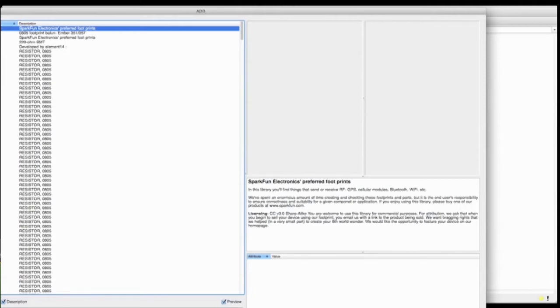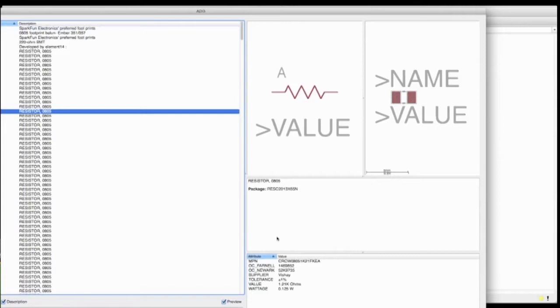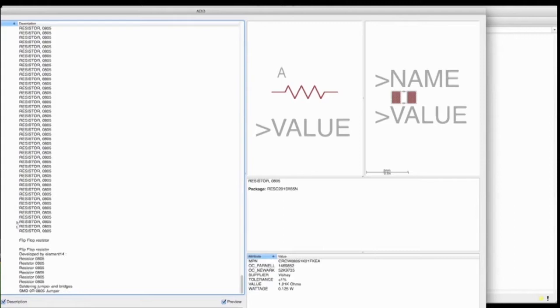Now this is Deshay. They basically have one for every part number they have. So if you click on this, over here you're going to see what it is. This actually is valued at 1.21K. It gives you the part number and everything. I may end up using one of these just as a generic, but let's keep seeing what we have in here. You can see they have a lot of resistors in here. So if you know the part number for a resistor, from them you can probably find it. But I just want a generic